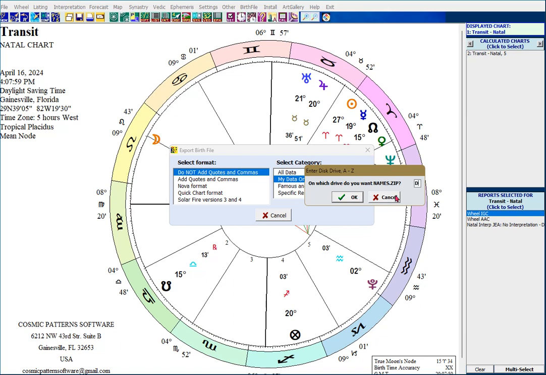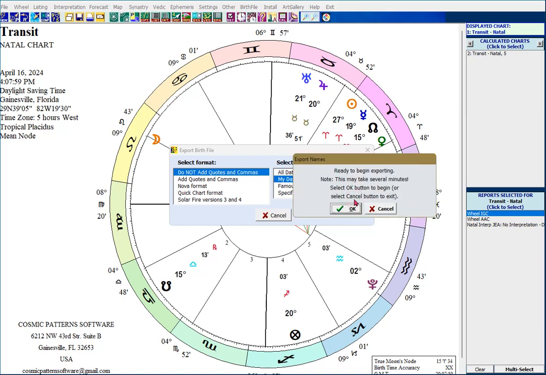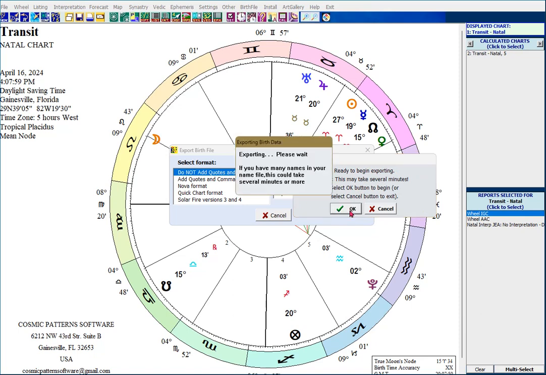So basically what I did is just highlighted the letter, because if it's not highlighted, it will not let you type it in. So it has to be highlighted, and I put D in here, and you click on OK, and then you click on OK again. Depending on how much data you have on your Kepler program, this may take a little while. Okay, so let's wait. It's now making a backup.